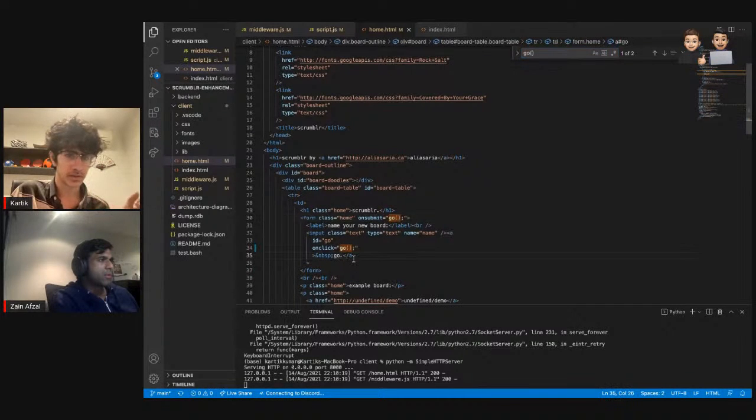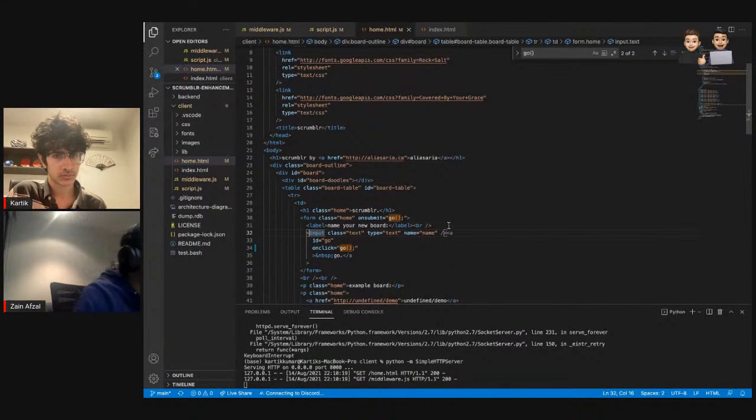Oh, yeah, it's there. Should I remove this? No, because that's the text. But that's throwing an error. You can try it, but that shouldn't.